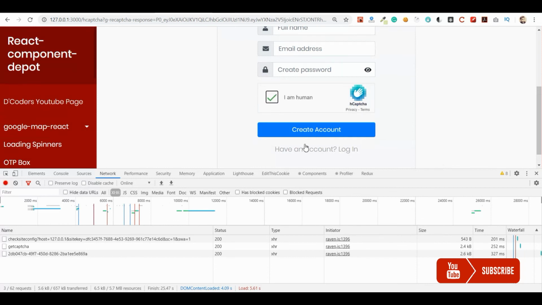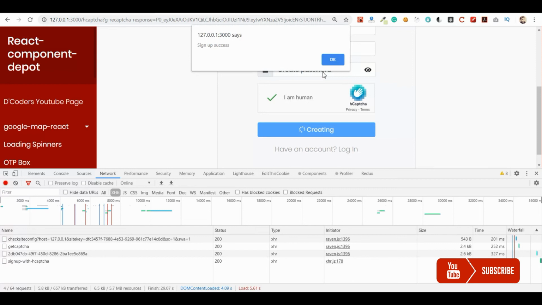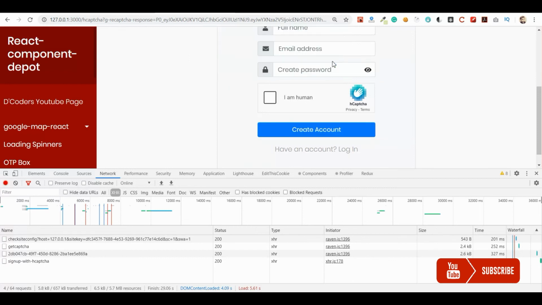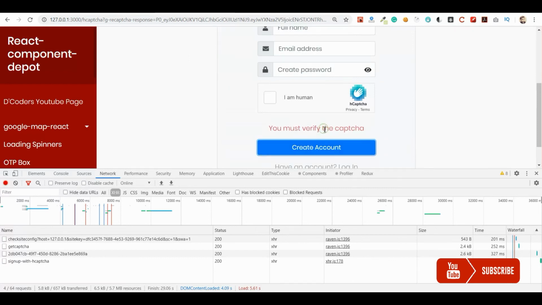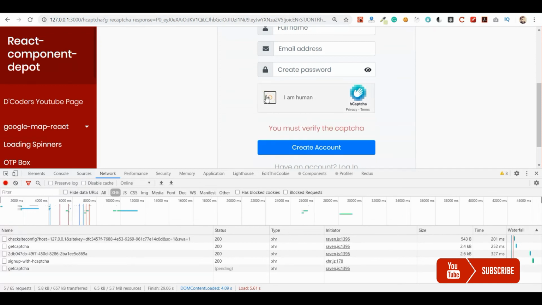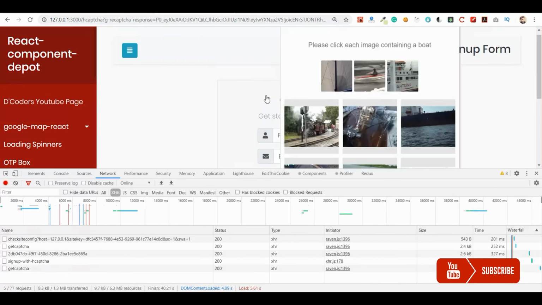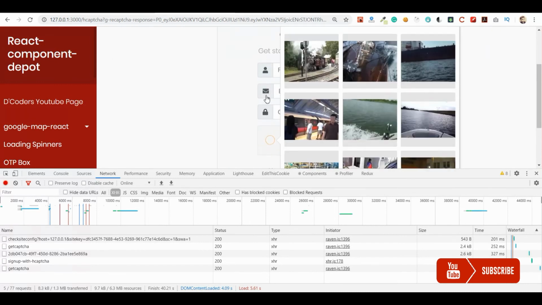Let me click create account. So now actually it is a success. Now we are sending the token and verifying from the HCaptcha servers. And then if I again click on create account, we already reset this token, so it will again ask us to verify the token.